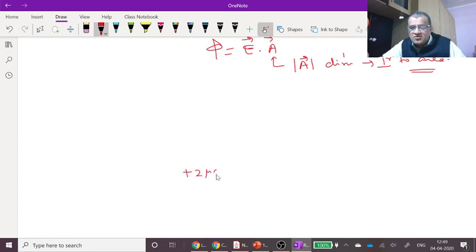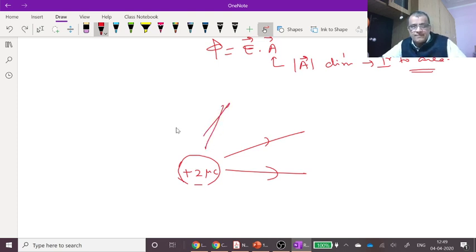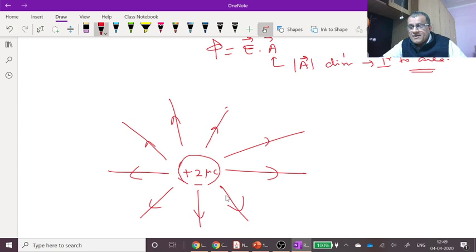Let's say I have a 2 microcoulomb charge, and there are field lines going out of it. If I draw a closed surface, then the first definition that we saw, the flux will be 1, 2, 3, 4, 5, 6, 7, 8, 9. The flux will be 9, because the first definition that we gave for electric flux was how many number of lines are passing through it. Now, if we define some kind of area here,